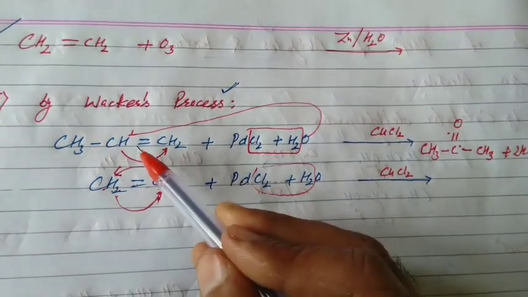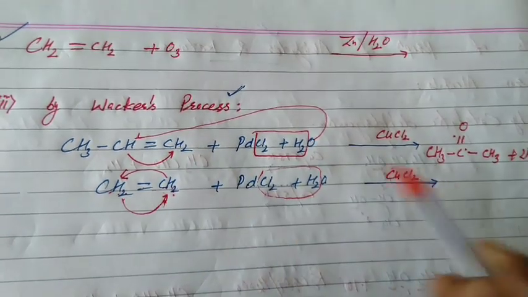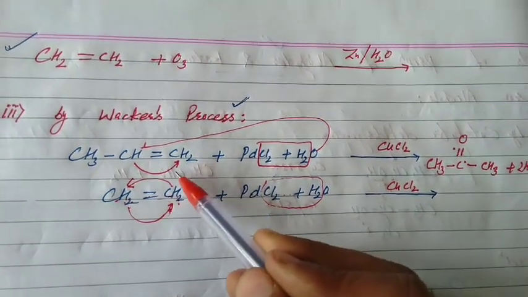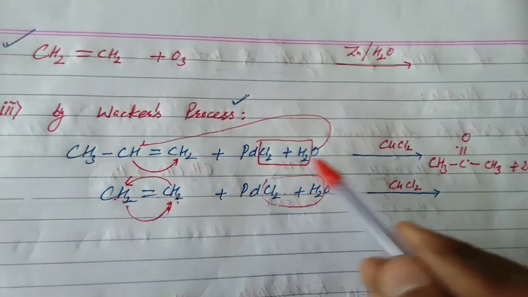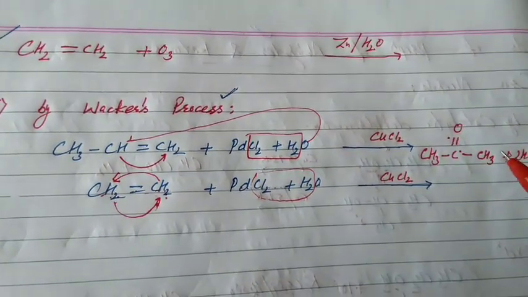Again, try to understand. When the alkene reaction activates, the double bond changes to single plus proton migration. The carbon atom which donates the proton will gain the oxygen of water. We get CH3COCH3. Thank you.